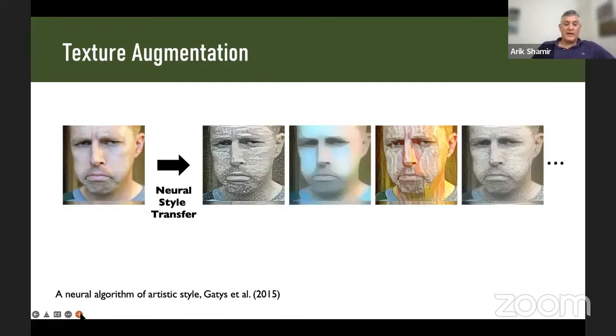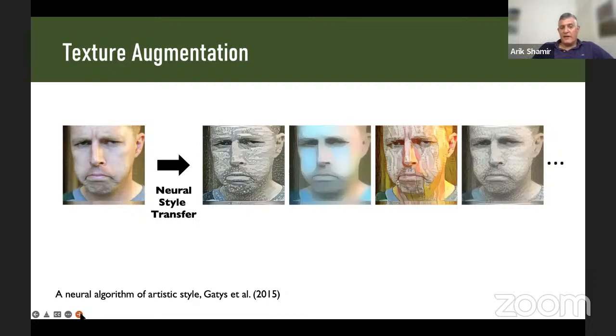The first augmentation is stylistic augmentation of texture. We start with a given image of a data set where you have the ground truth landmarks detected. And we stylize it, in this case, using the Gatys algorithm and using different input artists.